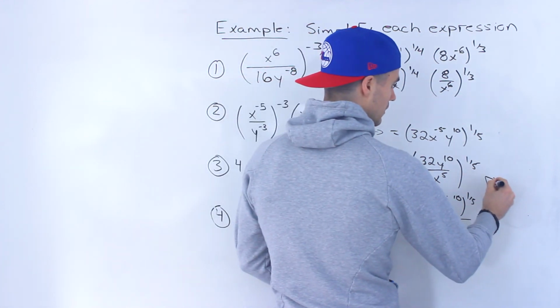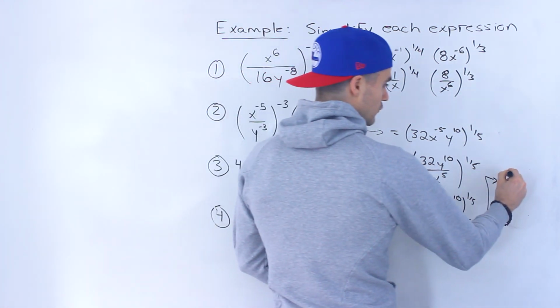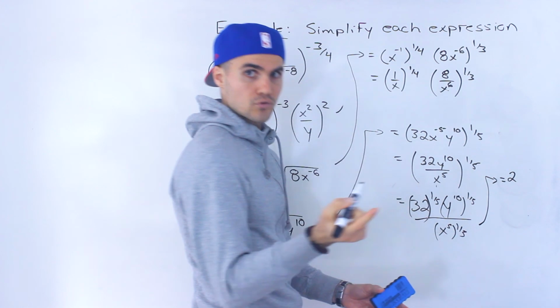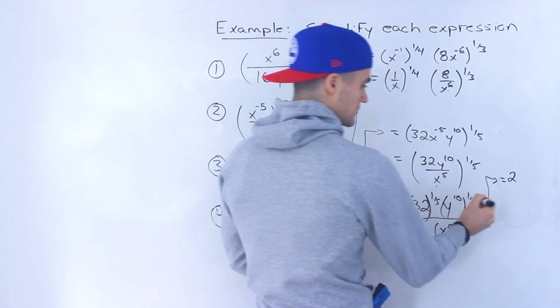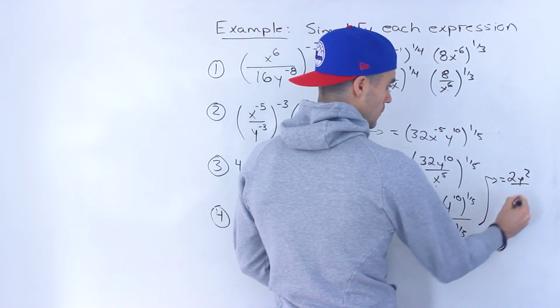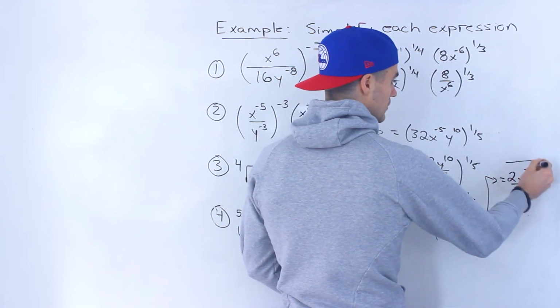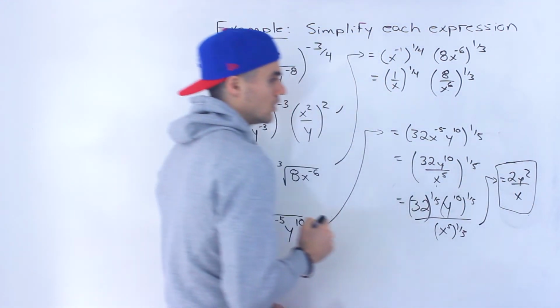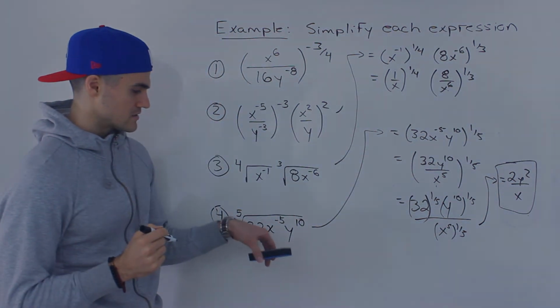So over here, 32 to the power 1 over 5 is just 2, right? The fifth root of 32 is 2. 10 times 1 over 5 is 2. And then 5 times 1 over 5 is just 1. So there would be just an x left there. So 2y squared over x is the final answer for number